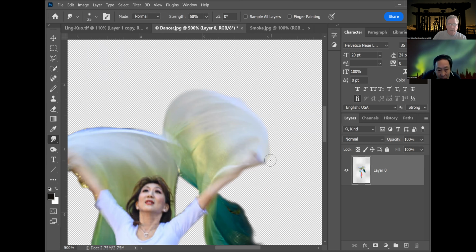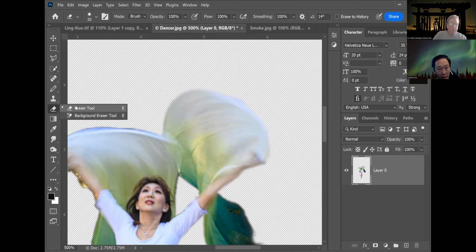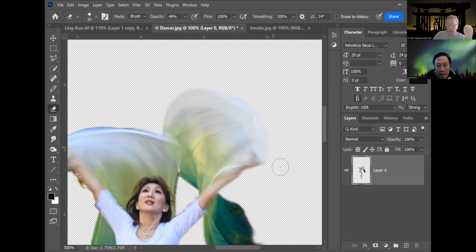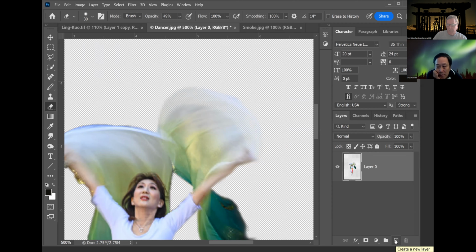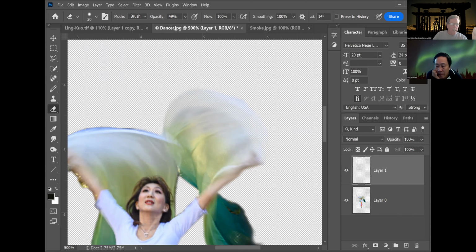And then what I followed it up with is I came back with the eraser tool. And I did about 50%, somewhere around there, opacity. And then I'm going to erase some of that so that the background will show through. So that's too much, but let's just see what happens when I put a background in. So you know how to add layers and everything? Yes. Okay. So I'm just going to add a layer and I'll put her on